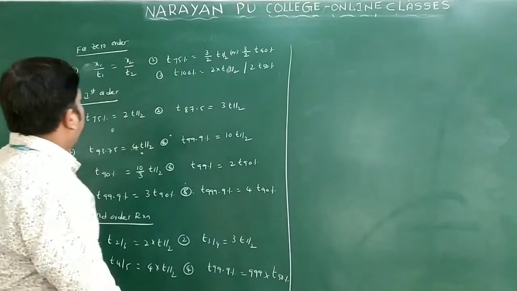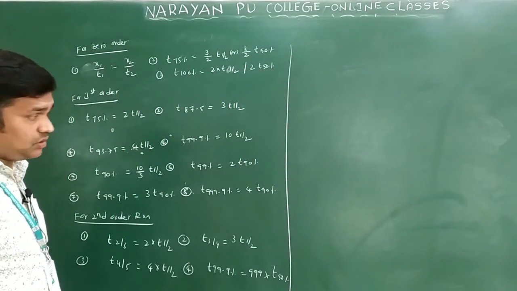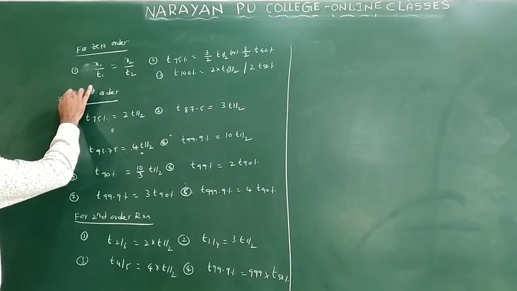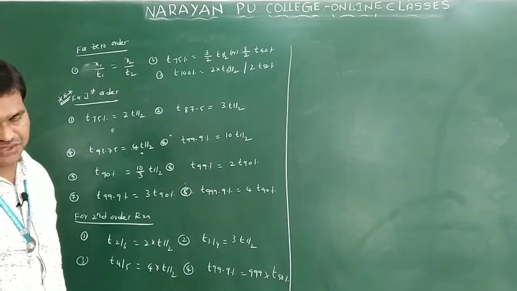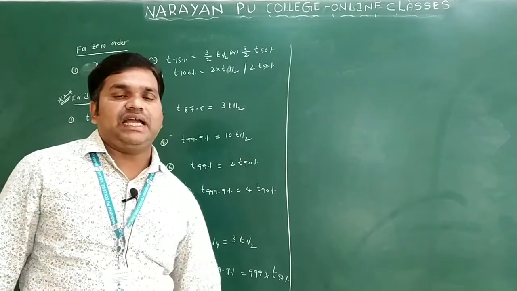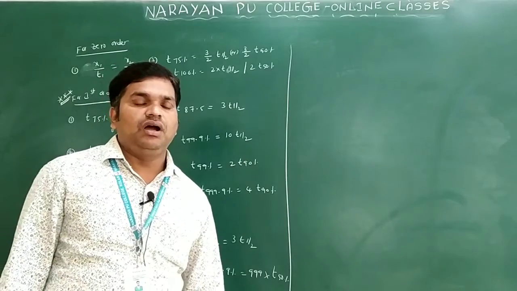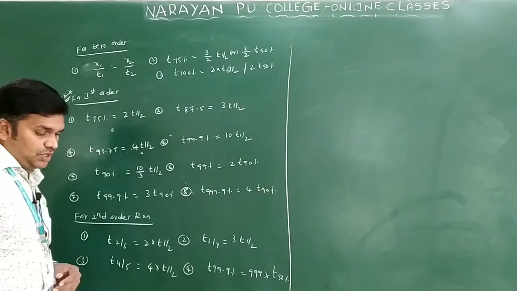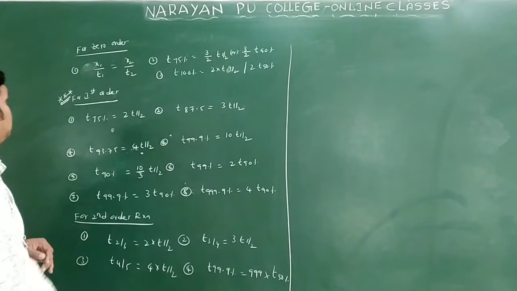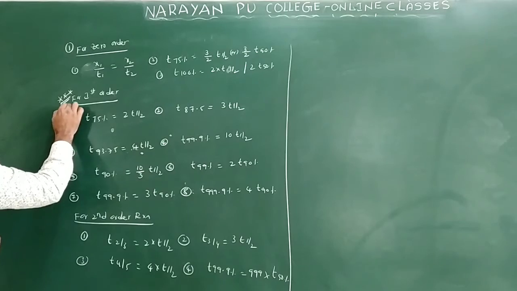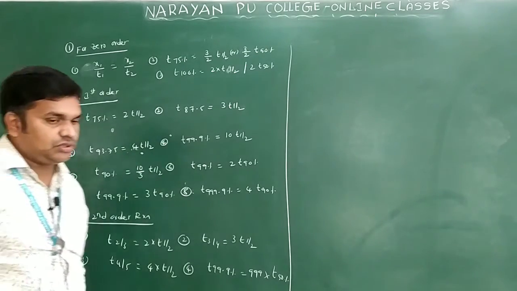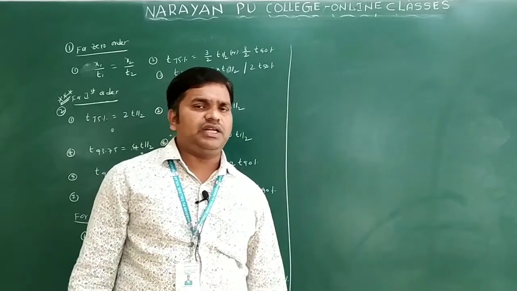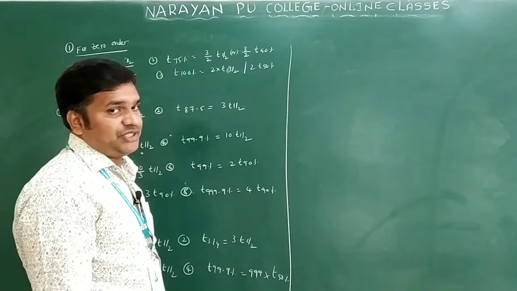Next we will see some of the relations in half-life for the first order, zero order, and second order reactions. So for us, very important are the first order reaction relations. These are very useful to do the calculations. If they give the order of the reaction, we can identify it from these relations. For the zero order reactions, K is equal to concentration of R to the power 0. You will get R naught minus R by T, or you can write K is equal to X by T also.